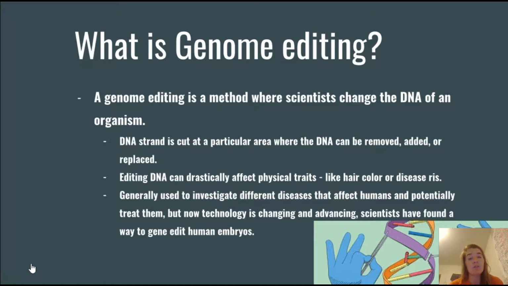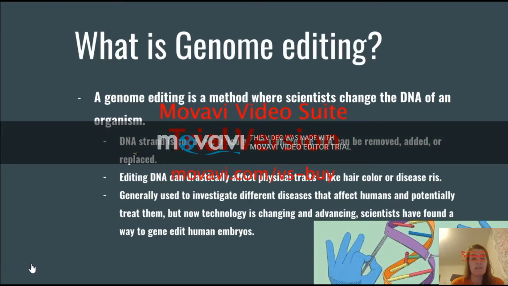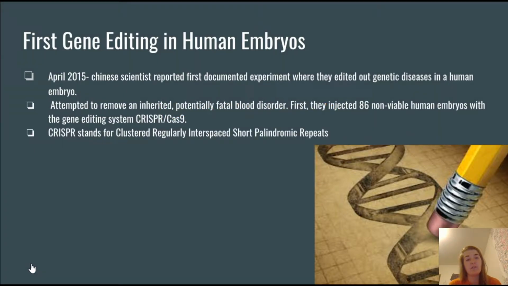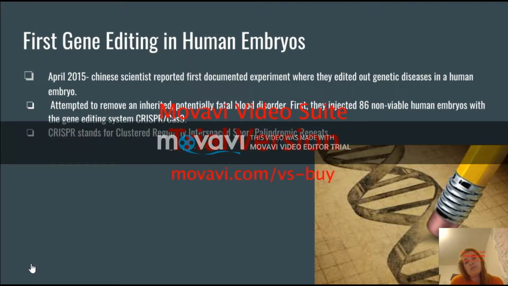But now technology is changing and advancing. Scientists have found a way to gene edit human embryos. The first gene editing in human embryos took place in April 2015 by a group of Chinese biologists who reported the first documented experiment where they edited out genetic diseases in a human embryo. They attempted to remove an inherited, potentially fatal blood disorder. They injected 86 non-viable human embryos with the gene editing system